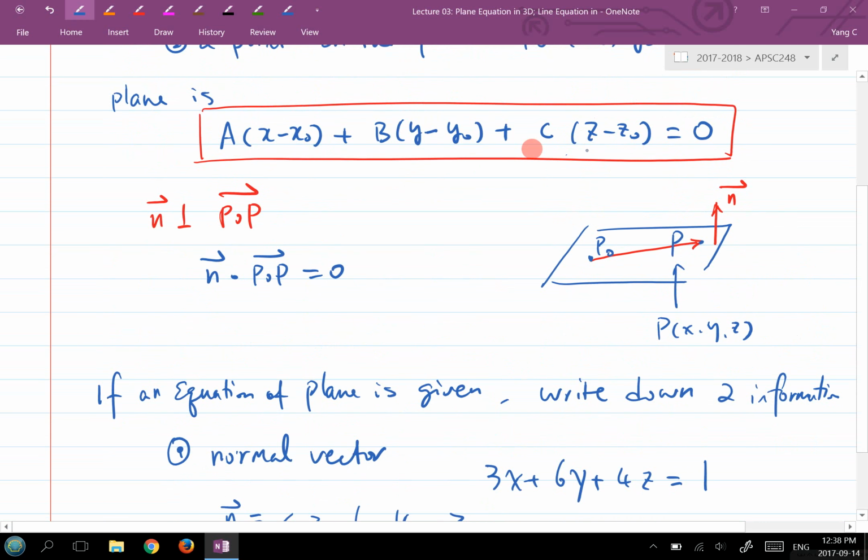From here, what is it? A point on the plane. That's right, a point on the plane. x naught, y naught, z naught, right? Okay, so